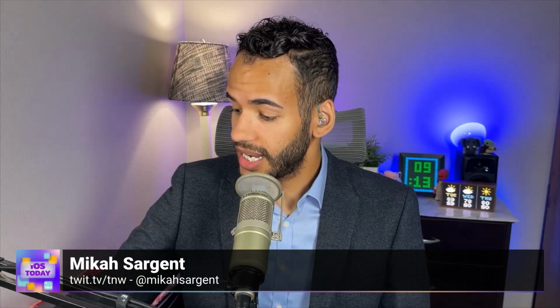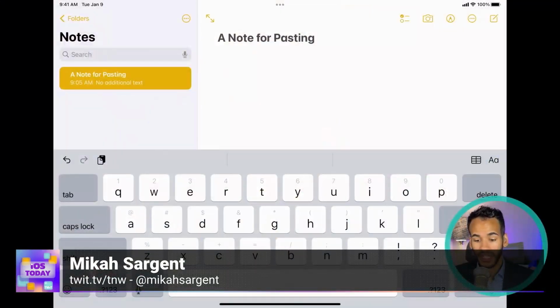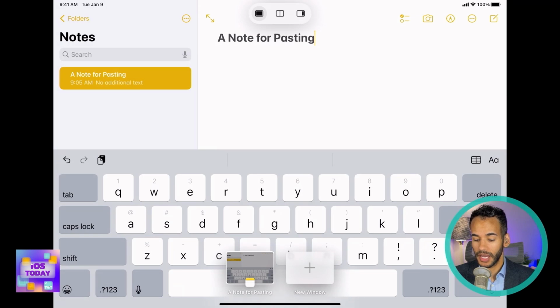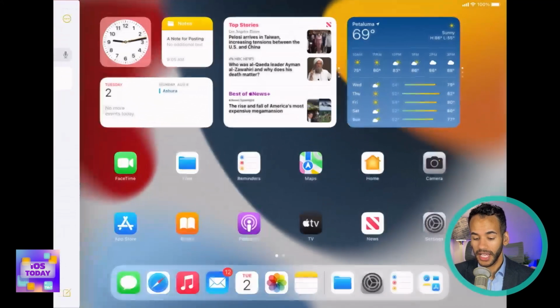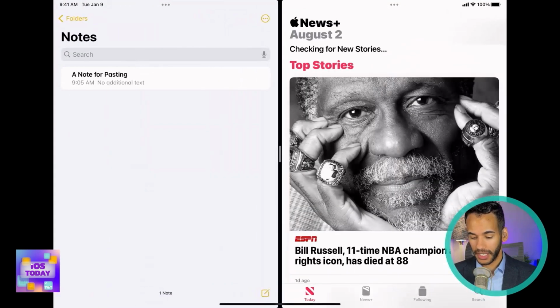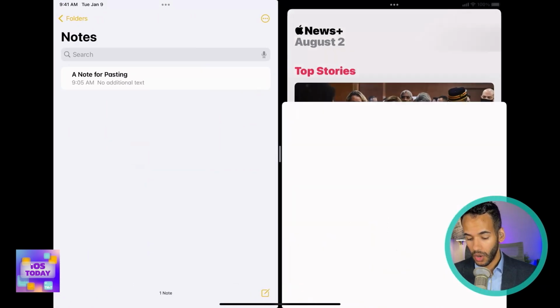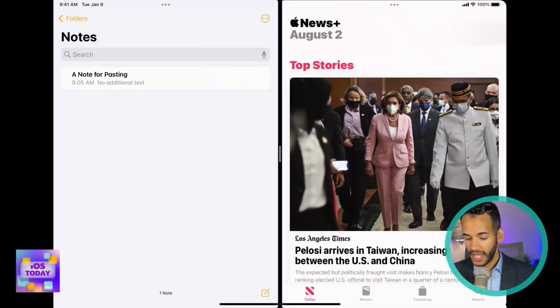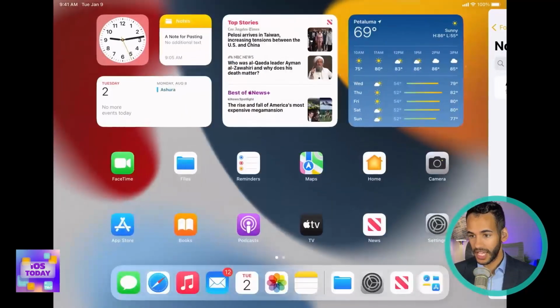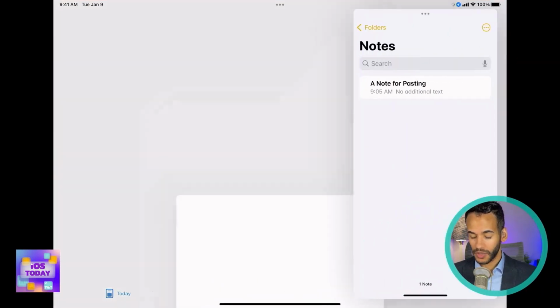And at any time, I can tap on these three dots that show up in the top middle of the iPad. And you can see the different options, which on the far left, of course, is the full screen. In the middle is half and half. So then I could open up News, for example, and have that pop up as the secondary one. Or I'm going to go ahead and swipe that away and go back to this view, tap it again, and then choose the slide over view that I was just talking about, where I will have the App Store appear in the background